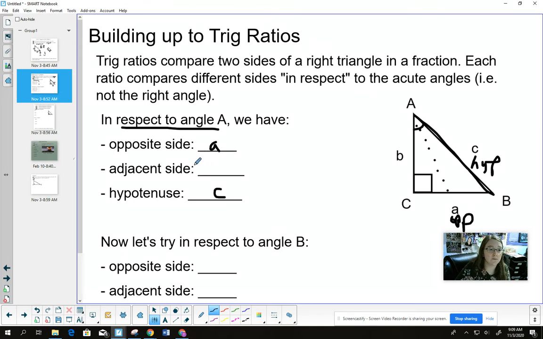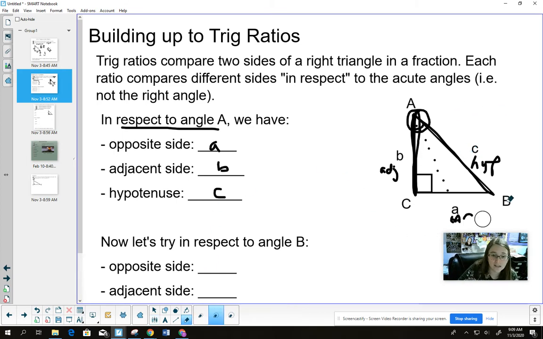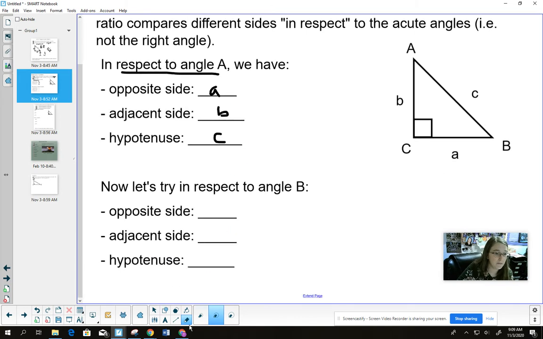Therefore, that leaves B to be the adjacent. And again, adjacent just means next to. So here's angle A. This side is next to angle A. Of course, the hypotenuse is next to angle A as well, but the hypotenuse is special. So basically, if you can name the opposite and the hypotenuse, the adjacent side is just the leftover side. Now, we named those with respect to A, but I could also name them with respect to B,